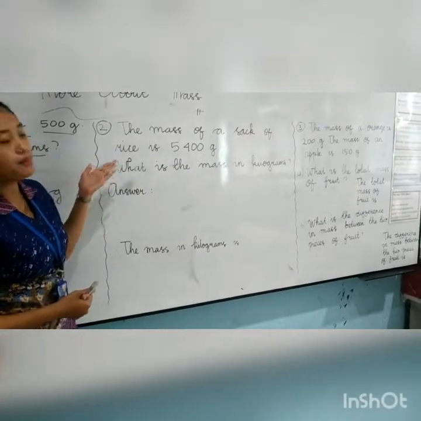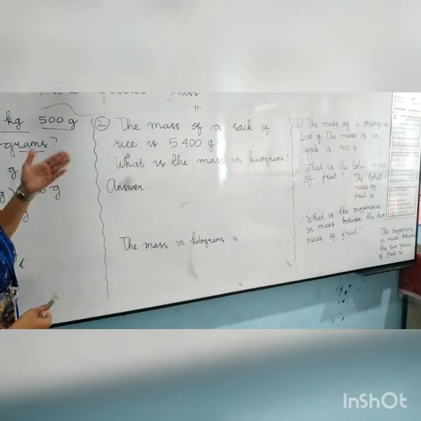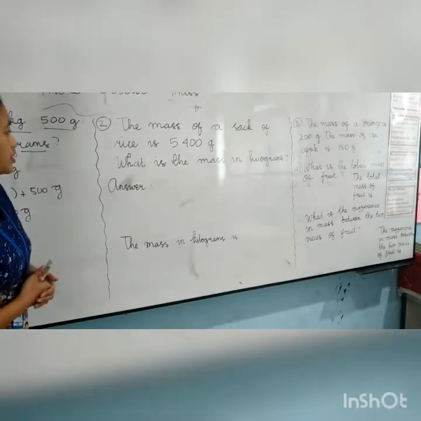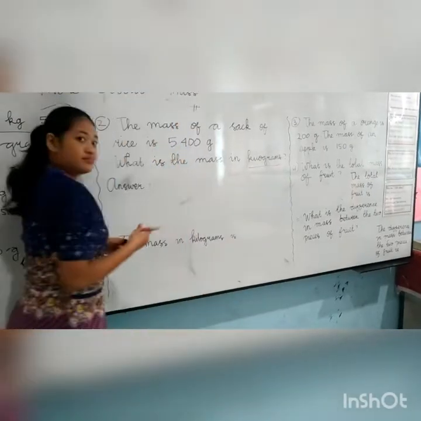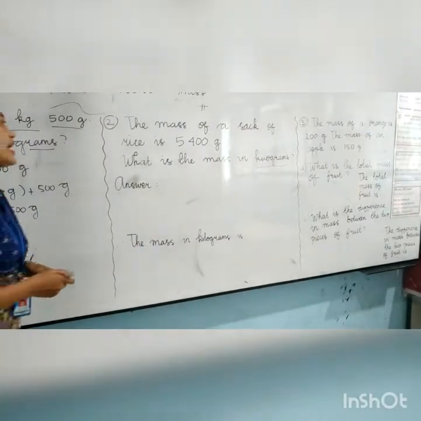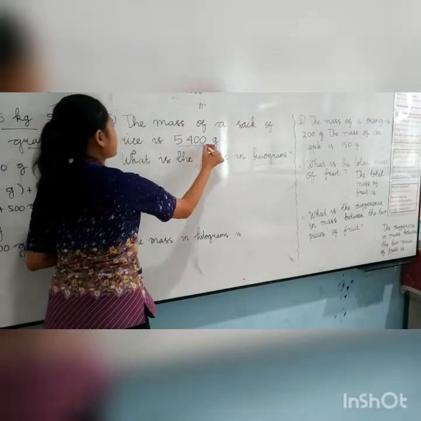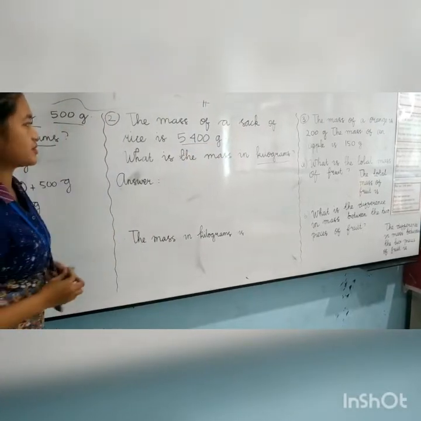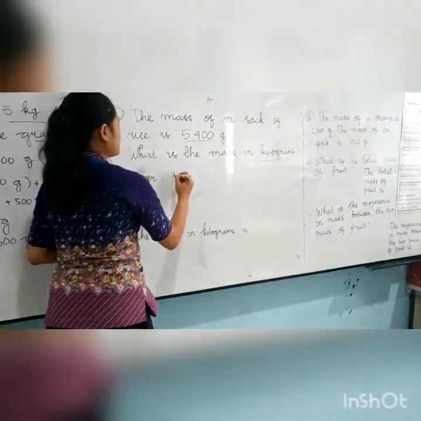Now, number 2, I will read the question. The mass of a sack of rice is 5400 grams. What is the mass in kilograms? Wow, different from number 1. Now, the mass of the sack of rice is 5400 grams, and we will change it into kilograms. So it means